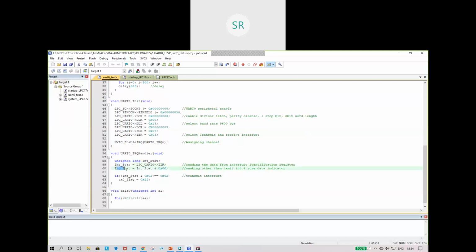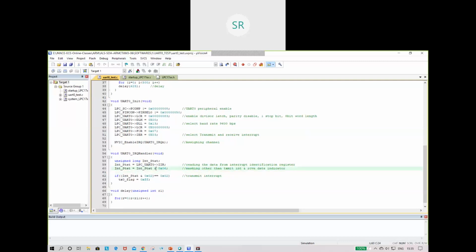Then int sat is assigned the value of int sat ANDed with 06. 06 in bitwise is 0110, where the 11 represents that only transmission and reception operations should be done, and other operations should be masked.